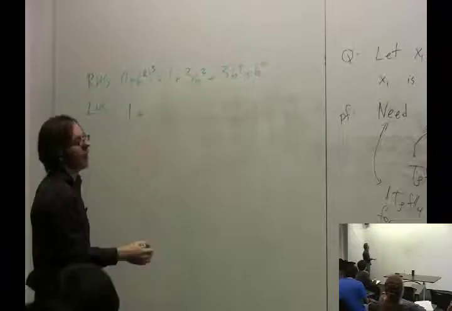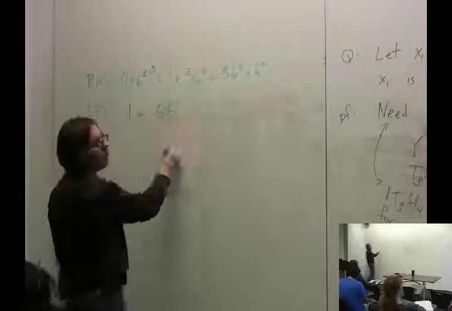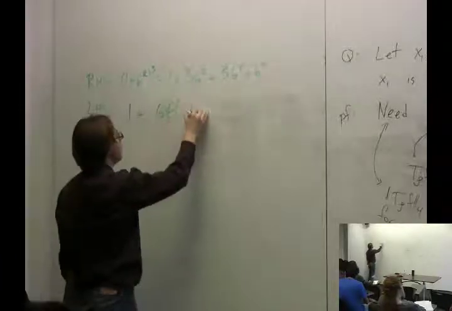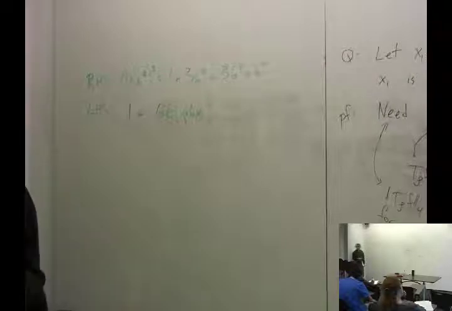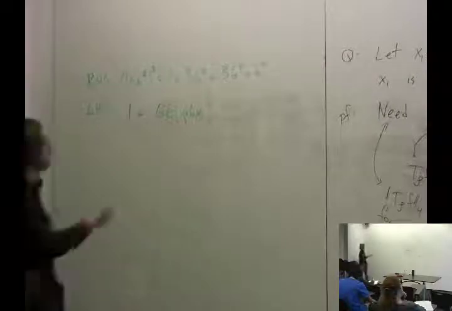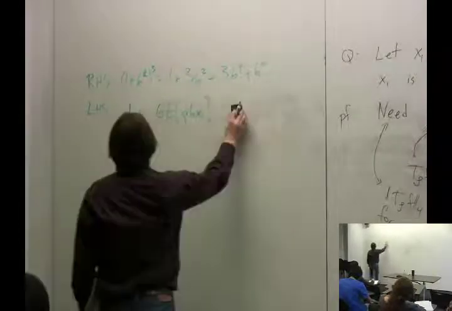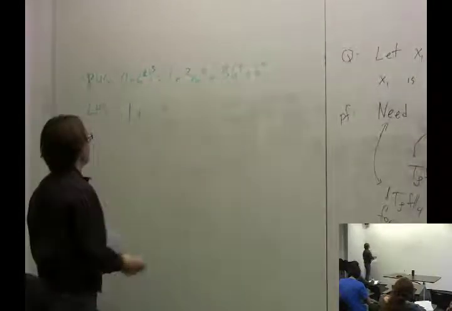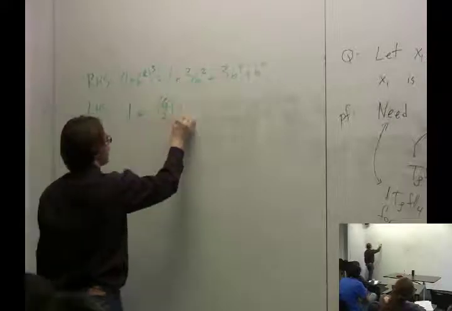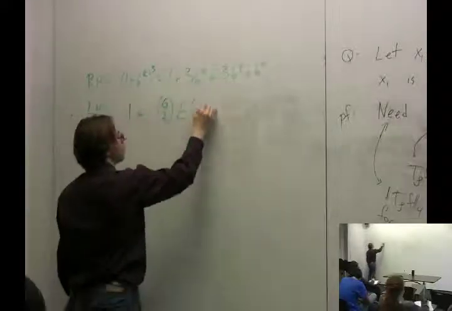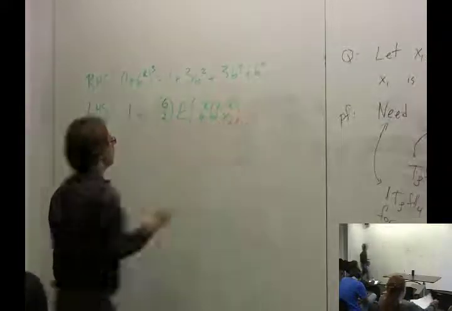And then I'll get 6 times the expected value of rho b x1, which is 0. Sorry, note takers, I'm just going to erase that. OK, so the next thing is 6 choose 2, expected value of rho squared b squared x1 squared, which is,